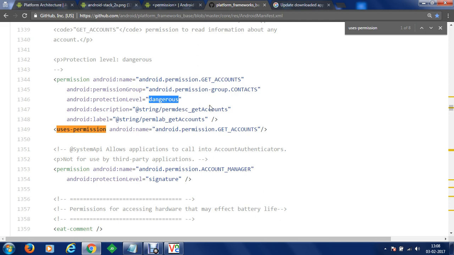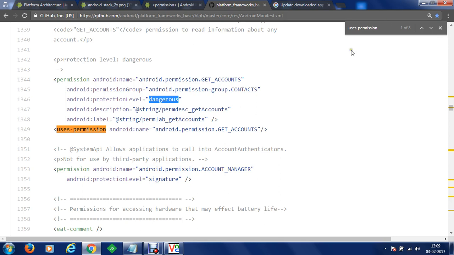This means if you have allowed permission to a malicious application, and that application was asking permission to get accounts information, then this dangerous protection level means that application can execute its malicious code with that dangerous level. The application may compromise important data of the user on that mobile device.